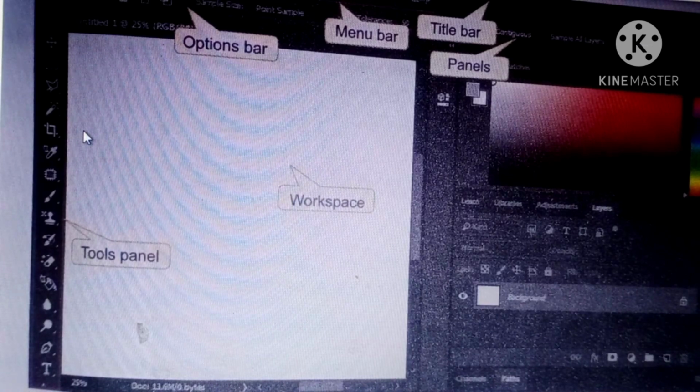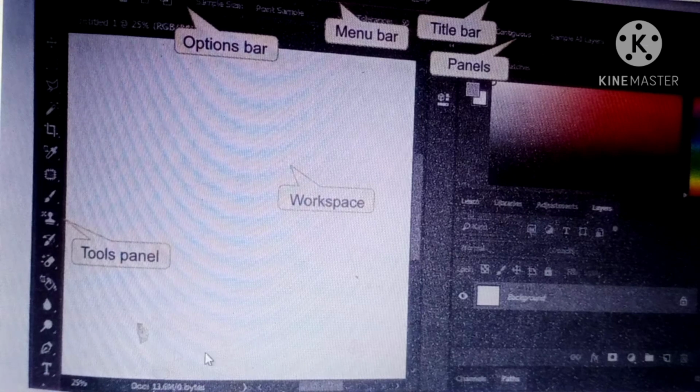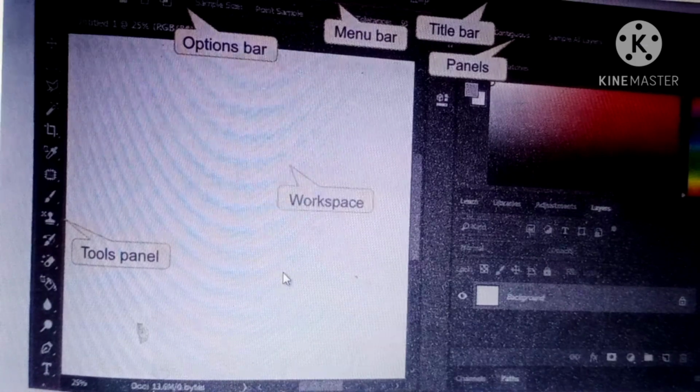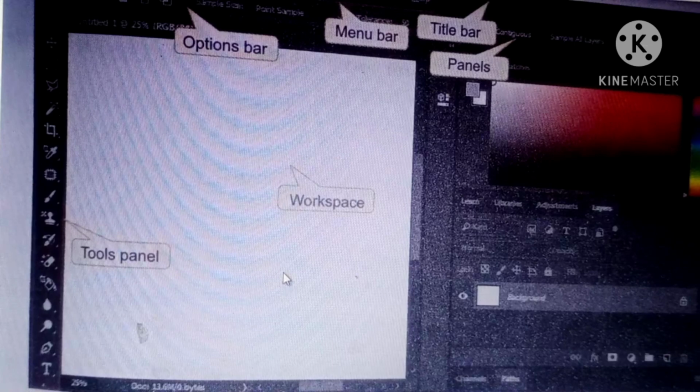Tomorrow we will read about the various tools of Photoshop and the various panels, and how we can use them. Till then, please read these 2 pages that I have told you about: what Photoshop is, what the components of Photoshop are, what the features of Photoshop are. Also look at the Photoshop window and see which types of panels it shows, like the color panel, swatch panel, tools panel, option bar and menu bar. Once you are familiar with this, it will be very easy for you to move further.